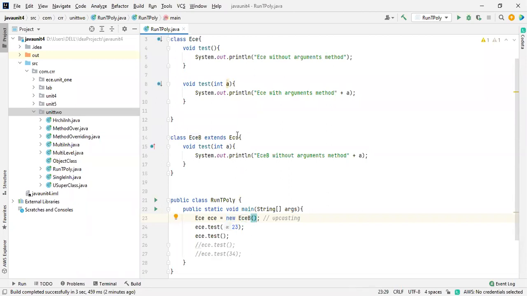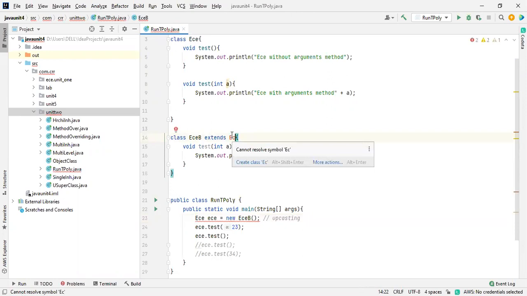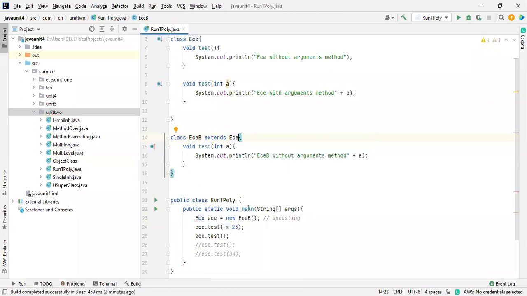What will happen at compile time? If I remove this, see this one, this is a compile time error. Directly we are getting a compile time error, cannot resolve ECE. I think you got my point. When I create an instantiation using the new keyword, it will be created inside the Java Virtual Machine. Maximum each and everything inside a JVM will occur at runtime only. When you run the program, the memory allocation will occur. So that's why we call this runtime polymorphism.